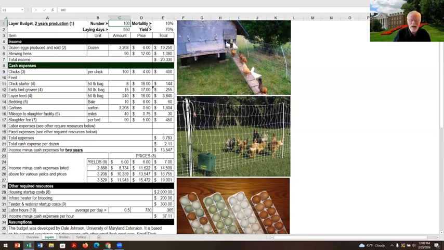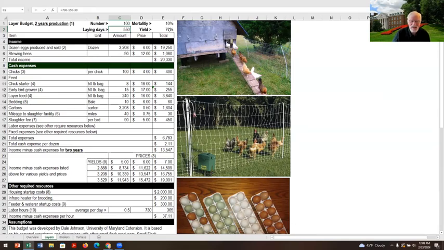And so since I am raising these, I've got 730 days. And so I'll just show you my formula here. I'm going to take out 150 days to raise these to layer age when they start laying. And I'm going to take out another 30 days for molting. Okay. And I think I've got enough days in here. When I subtract 180 days, I think that's enough. Maybe I didn't need to subtract quite that many, but I'm going to have 550 laying days.